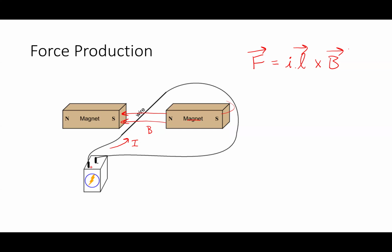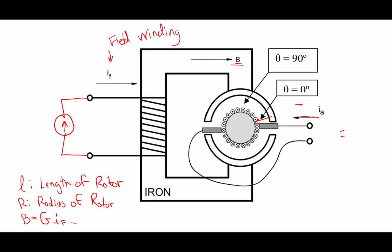All right. If I reverse the direction of the current, it would go down. Okay. That's the basic idea. And so obviously if I put more current in here, what's going to happen? There's going to be more force, right? So, all right, that's what I have inside this DC machine. All right. So I want to think this through here real quick. If I looked at the cross section of the machine that I showed you, basically what I see is